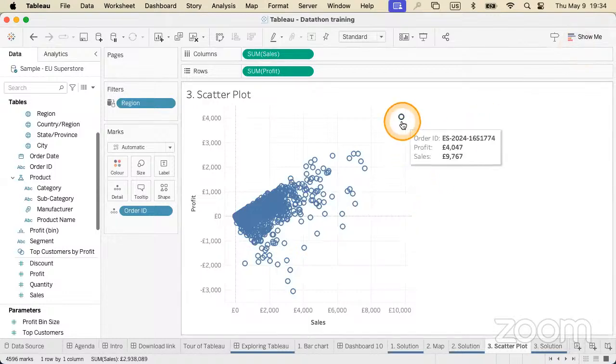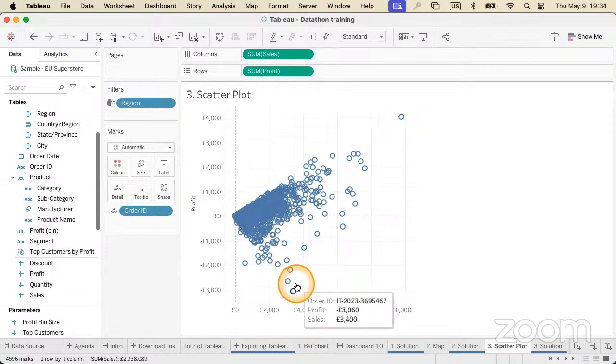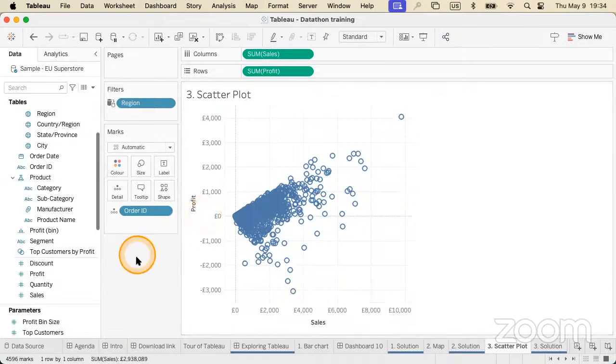So now what we're looking at is each circle represents one order. And we're comparing the sales and the profit. So I can already see which orders are not so profitable for us, but I don't understand yet why. So the question why is something we constantly ask at Tableau. So why is this number low? Why is this number high? We want to get to the bottom of things. So to understand that,